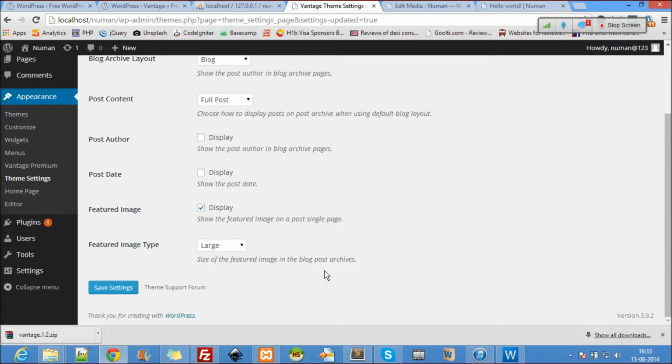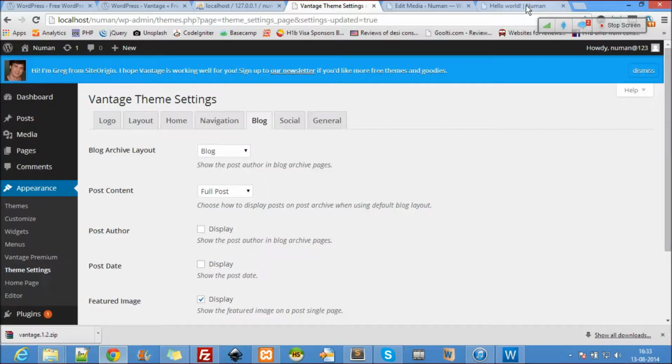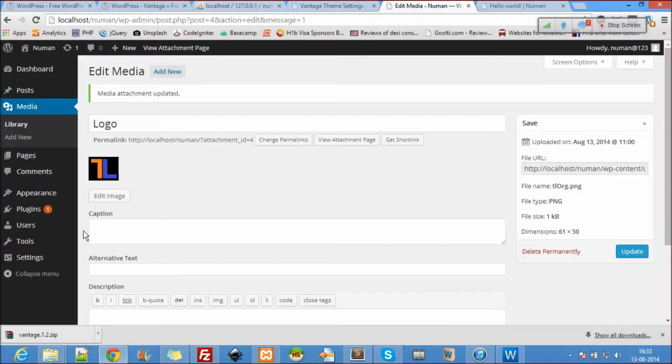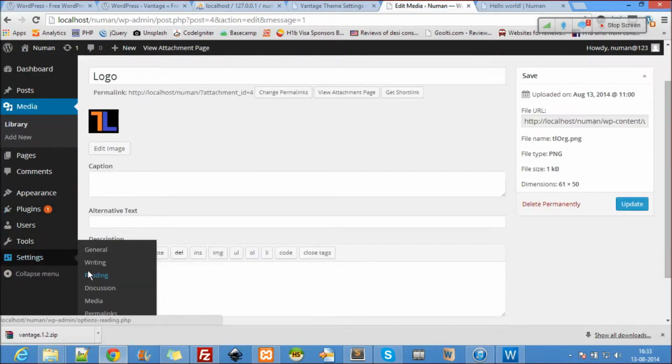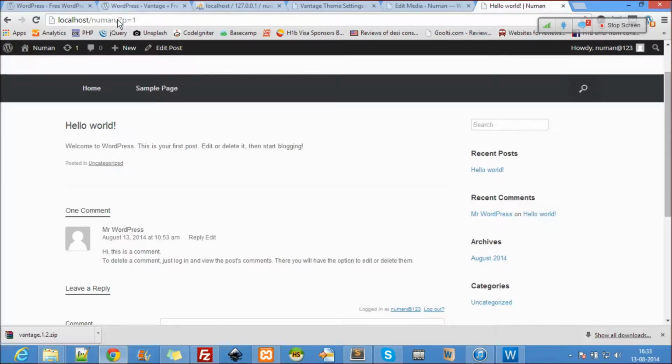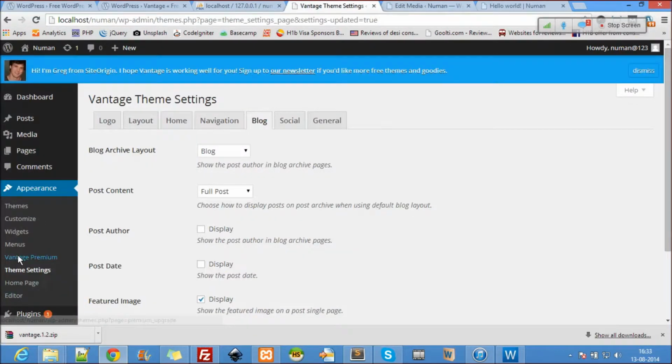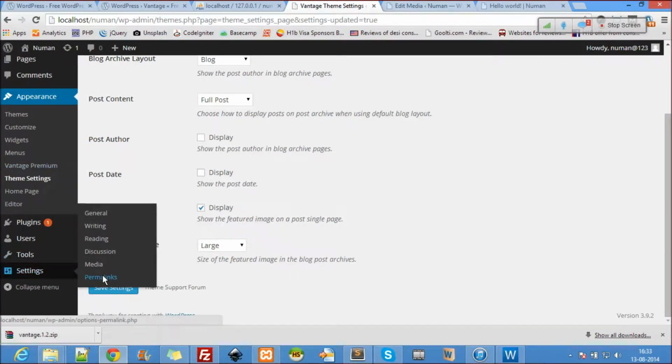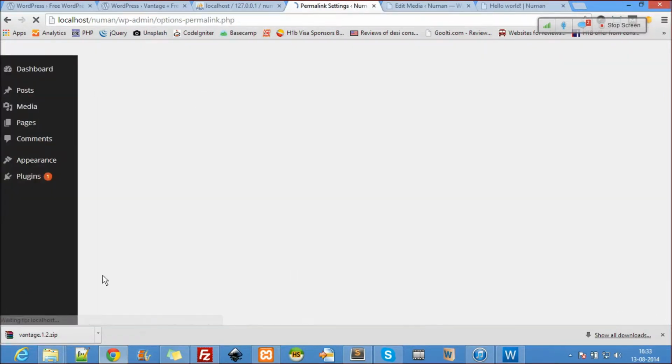Okay, do you want comments? You can also disable the comments. Do you want comments in it? Here, let me change one more thing. You see this p equal to 1? I don't want that to appear. So how do I change it to a more SEO friendly link? It is done by the settings here. Permalinks is where you can change those settings. You can see here, I want something like this.